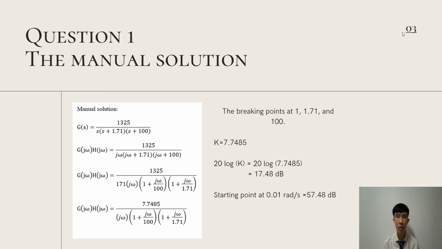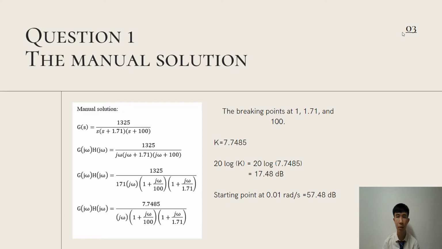7.7485 divided by jω times (1 plus jω divided by 100) times (1 plus jω divided by 1.71), and we get the breaking points at 1.71 and 100, and K is 7.7485. For 20 log of K, we get 17.48 decibels. For the starting point at 0.01 rad per second, we get